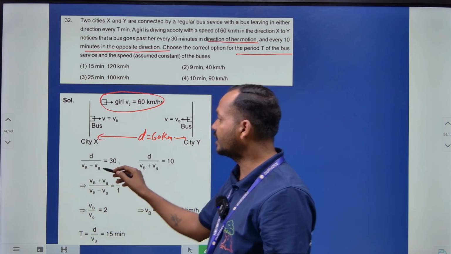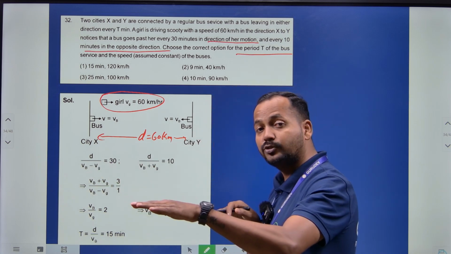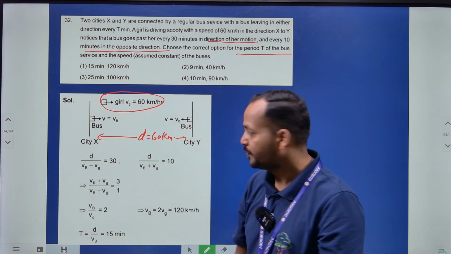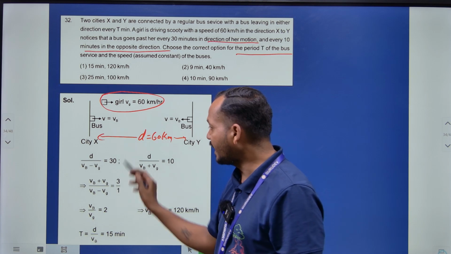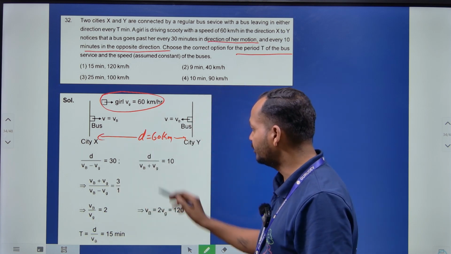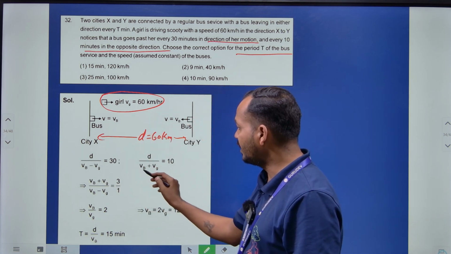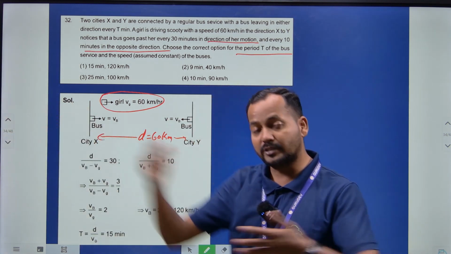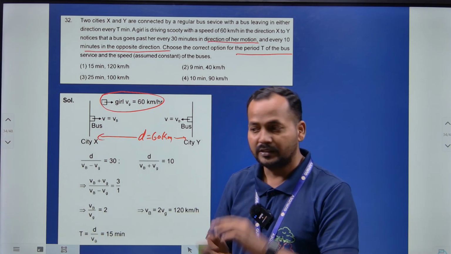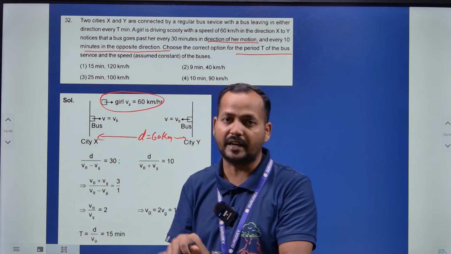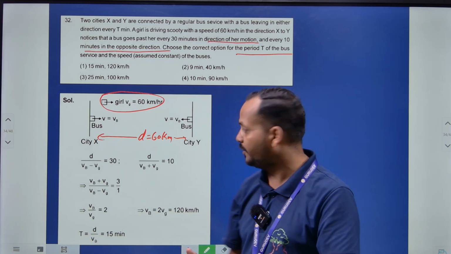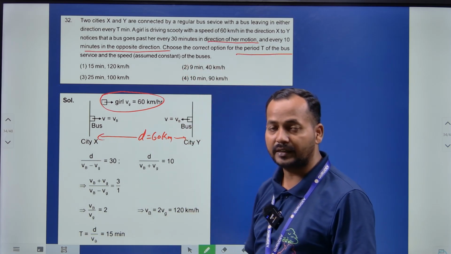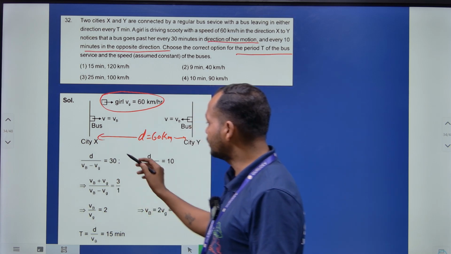तो यहाँ पे वीबी माइनस वीजी, क्यों वीबी माइनस वीजी, सी वीबी इज ग्रेटर देन वीजी, हो सकता है क्योंकि वो बस जो है गर्ल को ओवरटेक कर रहा है, तो इस हिसाब से बस का वेलोसिटी ज्यादा होगा, तो हम यहाँ पे वीबी माइनस वीजी लिखेंगे, जिसका टाइम पीरियड कितना है 30 है, ठीक है। देन सेम डिस्टेंस d डिवाइडेड बाय वीबी प्लस वीजी, वीबी प्लस का मतलब क्या होता है, वो अपोजिट आएगा, जब वो अपोजिट आएगा तो स्पीड होगा एडिशन, सेम डायरेक्शन पे होगे तो दोनों का स्पीड डिफरेंस आएगा, अपोजिट होगा तो स्पीड ऐड हो जाएगा। तो यहाँ पे वीबी प्लस वीजी, जो टाइम दिया गया है क्या है 10 मिनट्स।